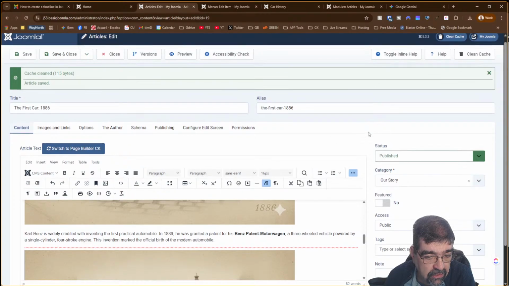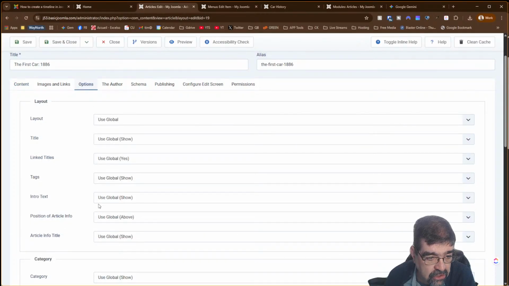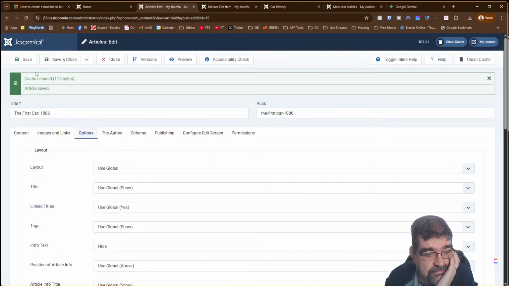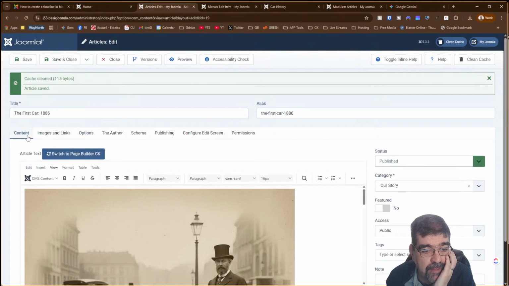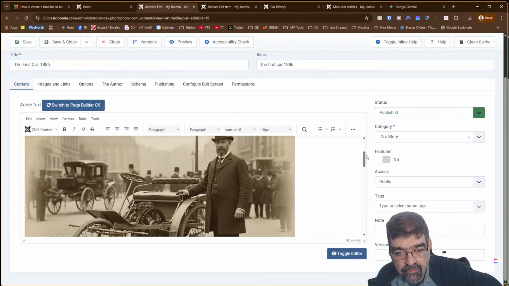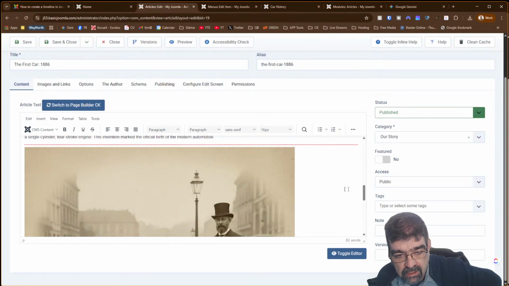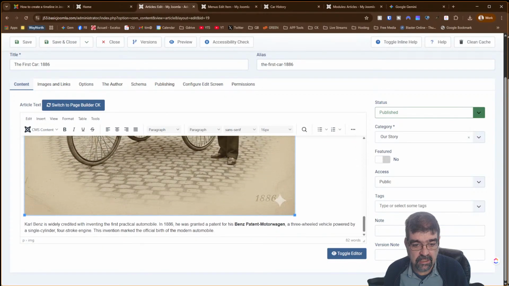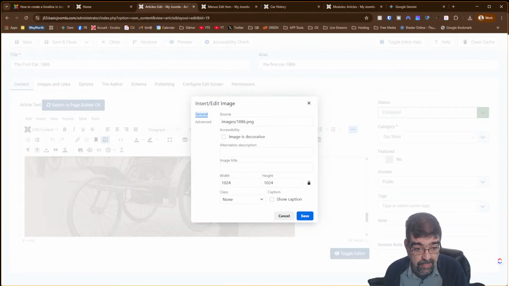Now, the other thing that I want to show is when this article is shown, I don't want to see the intro text, right? So for instance, home. So now what will happen here is that when this article is viewed in full, we won't see what's before the read more. We won't see this image. We will see this image here and the text,